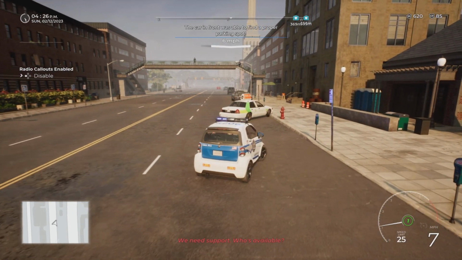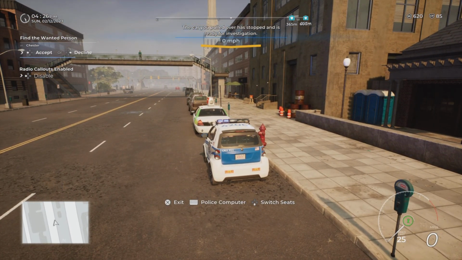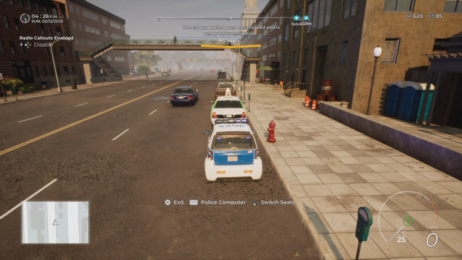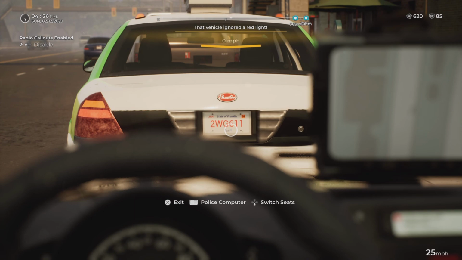See what's going on with him. Who's available? Find a wanted person. We've done that recently. We'll go ahead and decline that. Take care of this car here. Kind of interested in finding out why he's just running a red light. So let's take a look at that plate there,